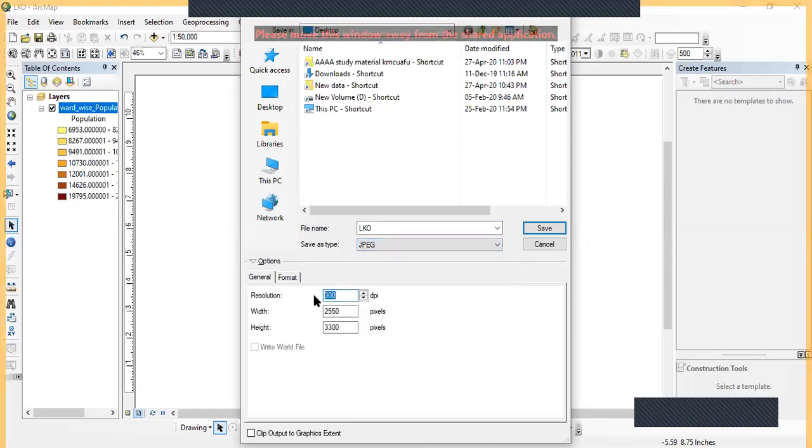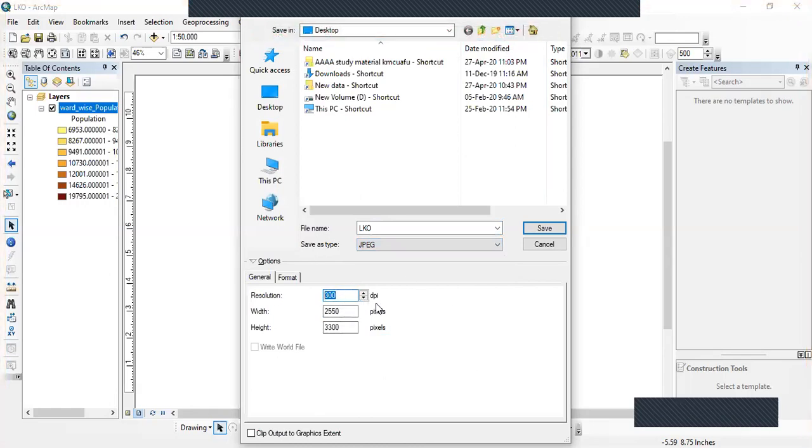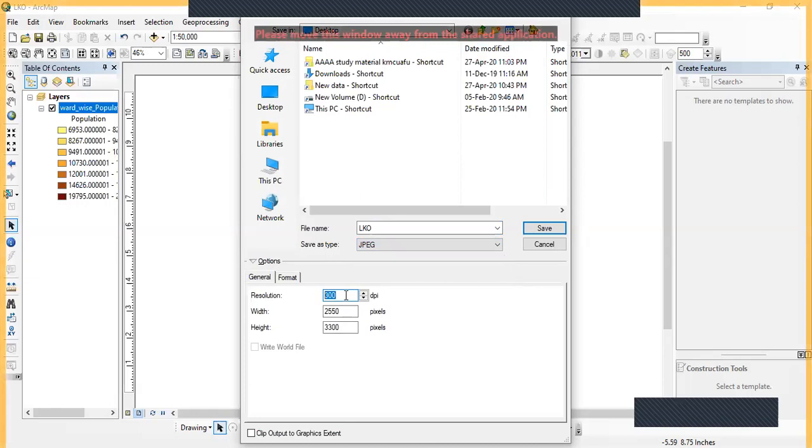Next one, the most important one, is giving the DPI, meaning dots per inch resolution. The more DPI you give to your map, the more beautiful it will come. But more DPI means it will take more time to print.